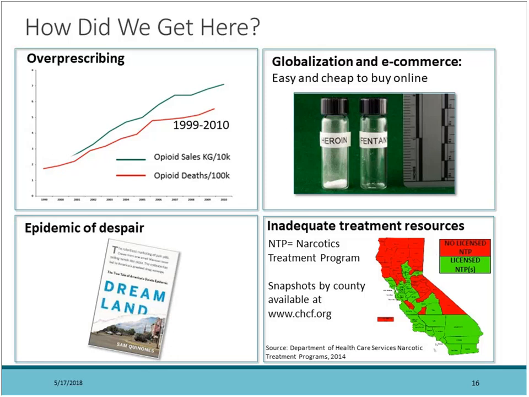Globalization and e-commerce is another important trend that's fueling this. Heroin and fentanyl are on the rise. Fentanyl is difficult to control because it's coming in through the dark web. It can be obtained through the internet, and obviously manufacturing in China and Mexico has made the supply side even more complex to try and control.